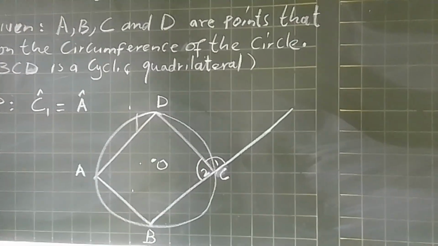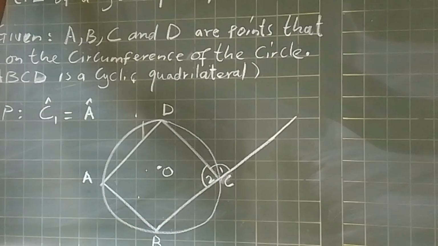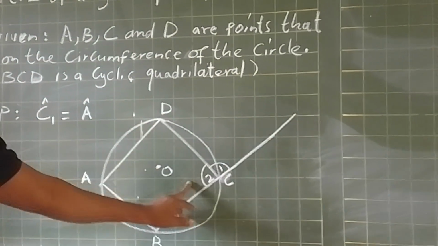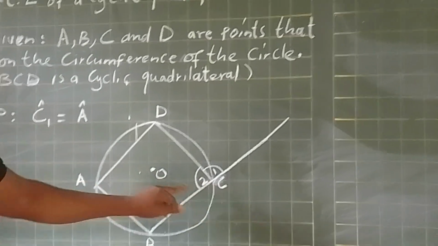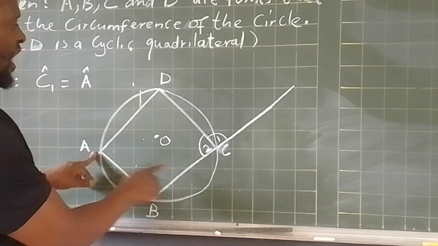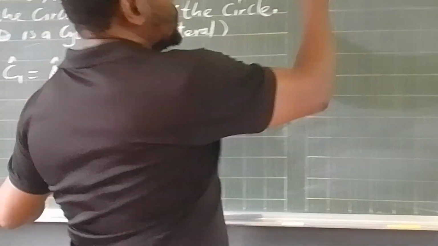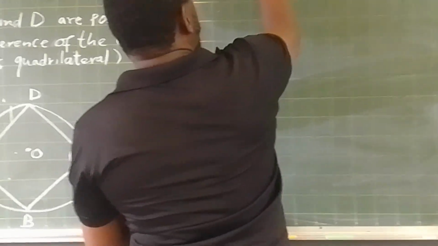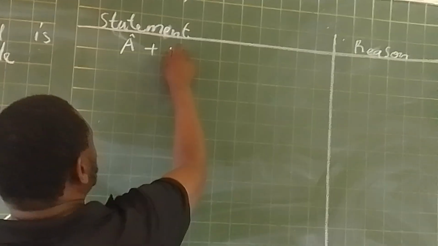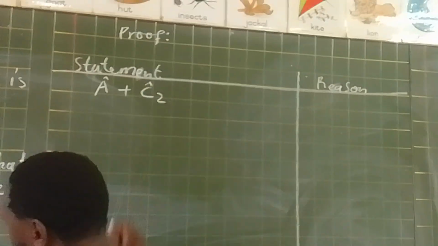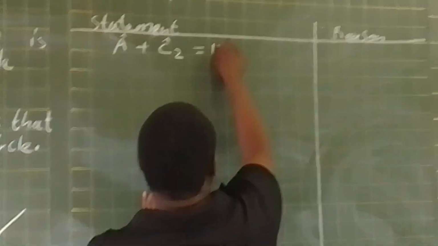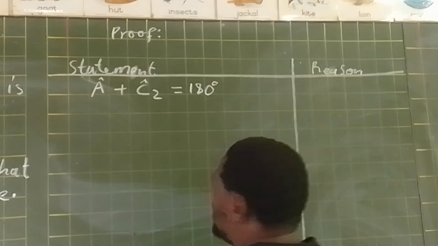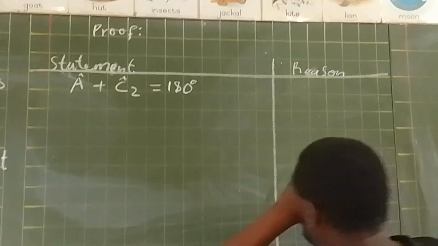It is the previous theorem 5 that says that the opposite interior angles are supplementary. So we are supplementing A and C2. You start by saying angle A plus angle C2 is equal to 180 degrees. The reason for that is